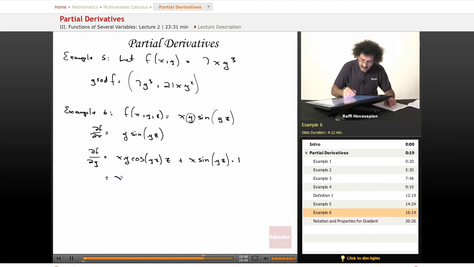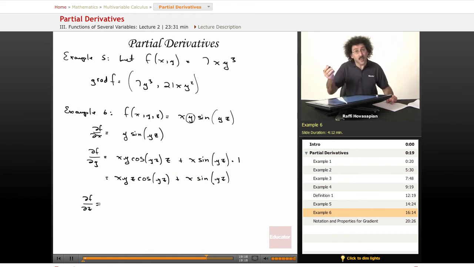So that ends up being xy, oops, let's do xyz. So that is xyz times the cosine of yz plus x times the sine of yz. And I certainly hope that you are going to double check this for me. Now let's do the third partial derivative, df dz. df dz, so now we hold the x and y constant. So we end up getting,